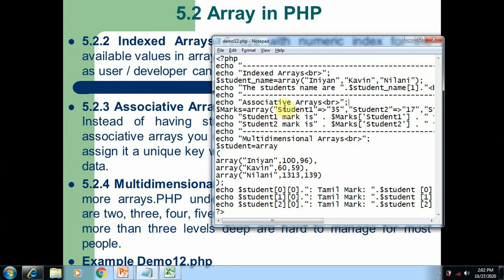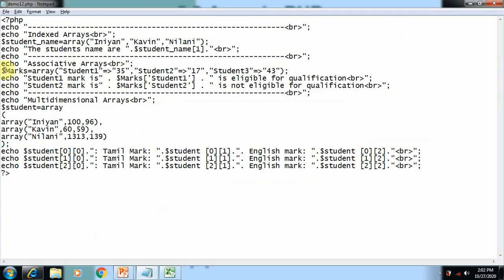So here you can see the procedure for creating an associative array. First, dollar marks, we create the marks array variable with the key. Here you can see double quotation; within the double quotation we should mention the key student1. After that we use the equals with greater than symbol. This is the rule for creating an associative array.